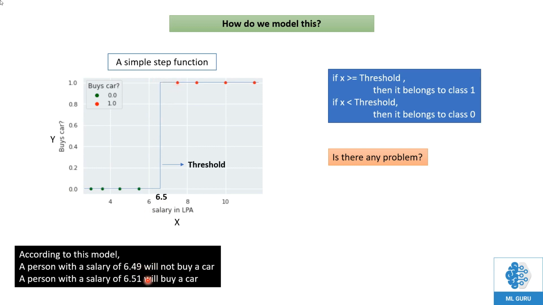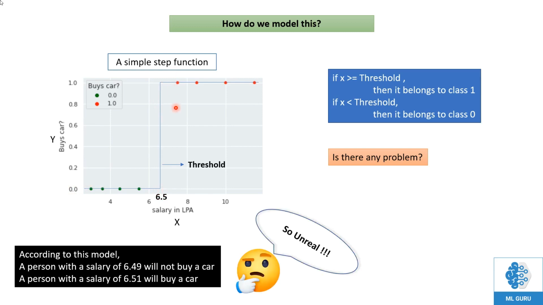Now if you see, there is not much difference between these two points, but still this model is doing a very harsh classification, because these 2 points are very close to each other, and still one point gets classified as 0 and one point gets classified as 1. But in reality, it sounds very unrealistic. So some of the problems are it has a harsh transition as we discussed now.